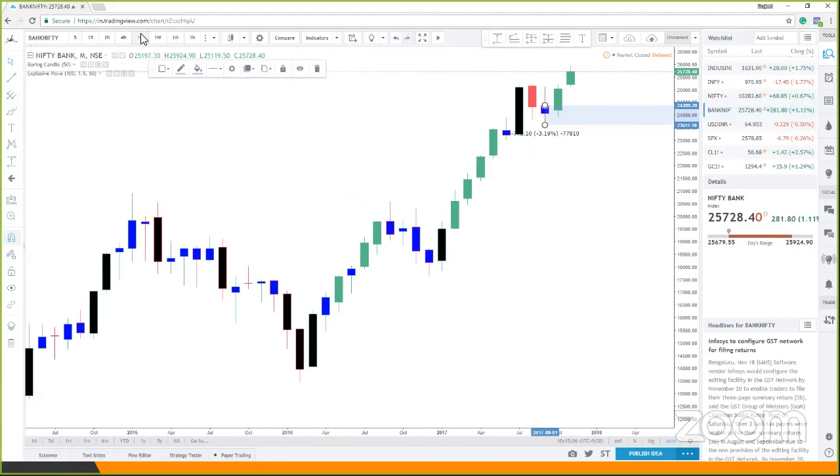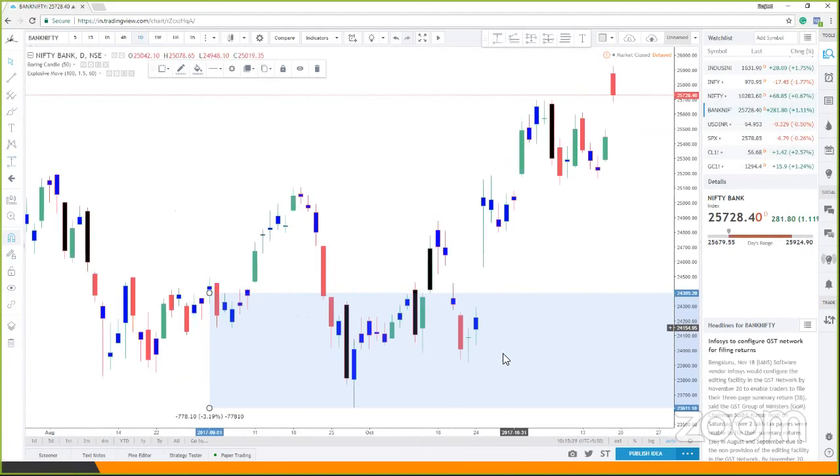Now, if I want to be a buyer, let's see, do we have something really nice? Yes, we do have this area, which is prices came down. We had a brief period of pause and then prices, they gapped up. So if you see in a way, the area where we have this demand, this will also get in sync with the Nifty demand. So if the prices come here, maybe at that given point of time, both your Nifty and Bank Nifty are simultaneously in that demand zone, which can be a good area with a longer term perspective when it comes to participating in Nifty and Bank Nifty, right?